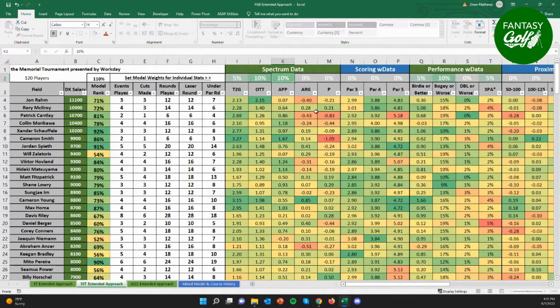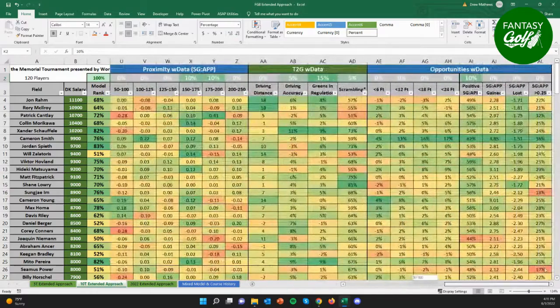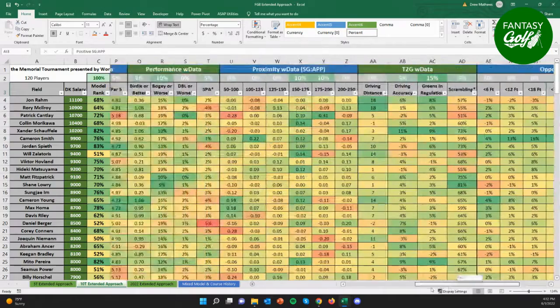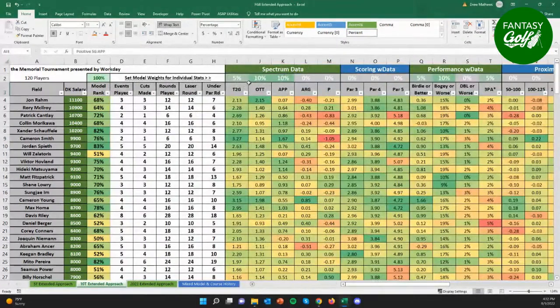So how I typically break it down, I've used Spectrum data as a long-term stable data source. So mostly every week, I'm going to be looking at the same stats in here. I never overemphasize approach. I do overemphasize in the sense that on the far right over here, we have positive strokes gained approach, which double counts a little bit. Greens in regulation double counts. There's a lot of emphasis on approach, but in terms of Spectrum or strokes gained, it's kind of interchangeable, but